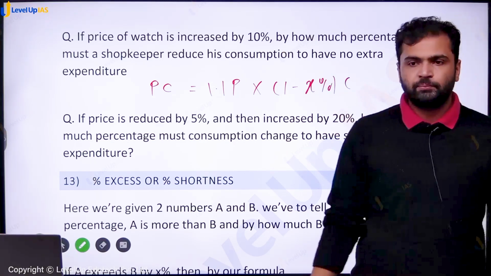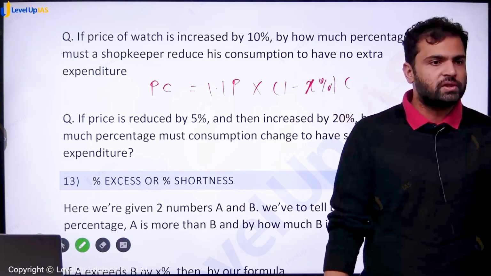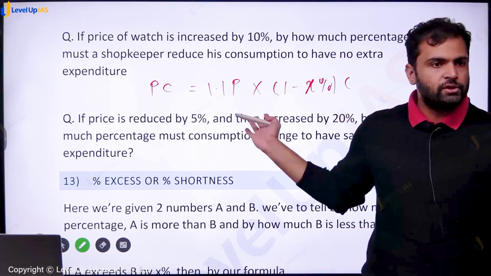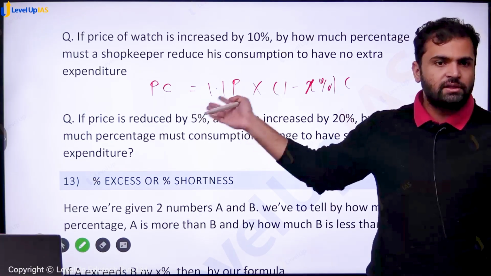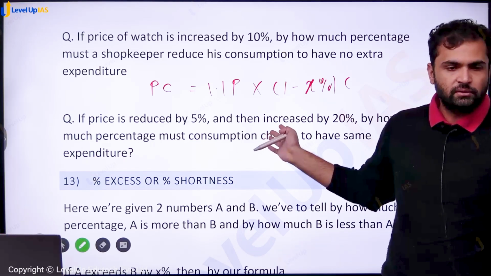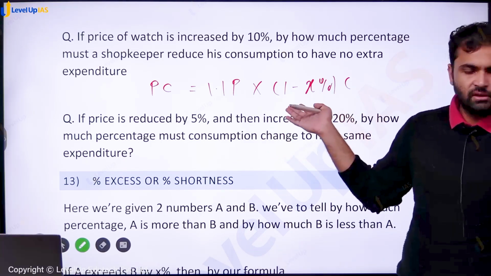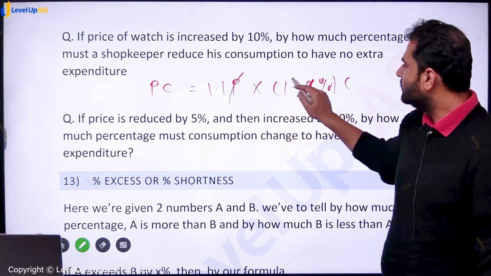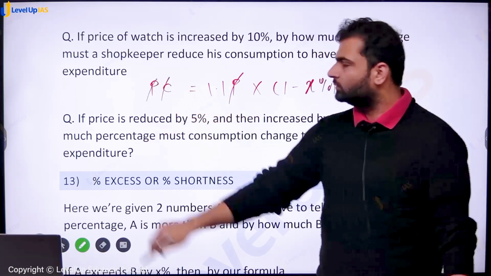If you reduce consumption by X%, it has to be reduced. If the rate is increasing, consumption has to be reduced. Let us say it has to be reduced by X%. So this will be the new consumption. The only unknown here is P. Once P and C get cancelled,